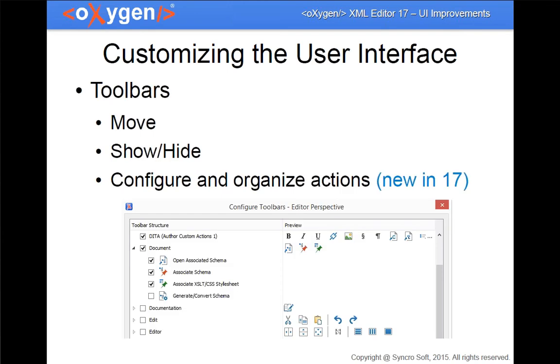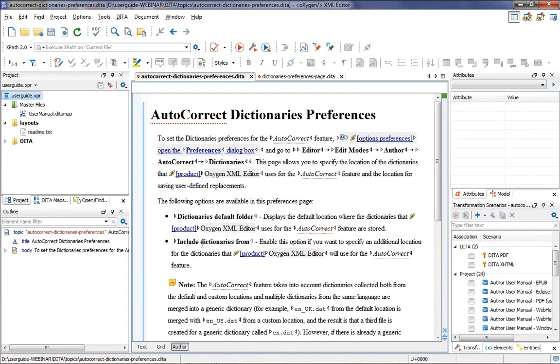When it comes to customizing the toolbars, we can move them around, we can show or hide them, and we can configure toolbars down to the action level, which is a new feature available in oXygen version 17. So let's switch to oXygen, and